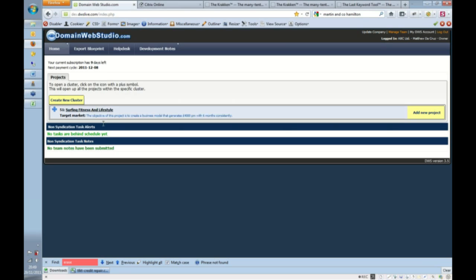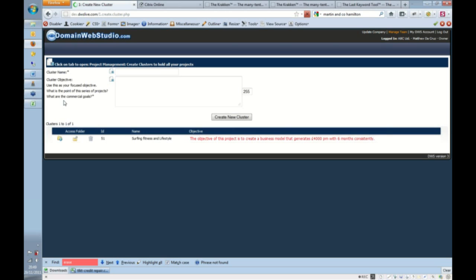I've logged into DWS, and the first thing I'm going to do is create a new cluster. The way to use clusters is typically to organize your stuff. You think of them as filing cabinets. If you've got clients, you can create a cluster called clients and put all your client projects in there, or you can create a cluster for a specific client. For this exercise, I'm just going to call this credit repair,